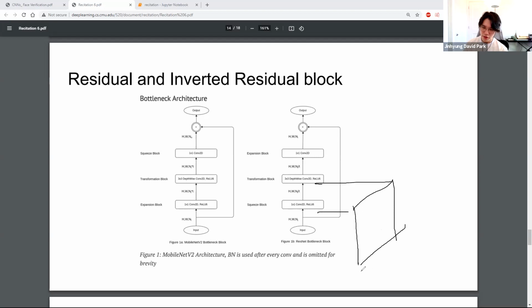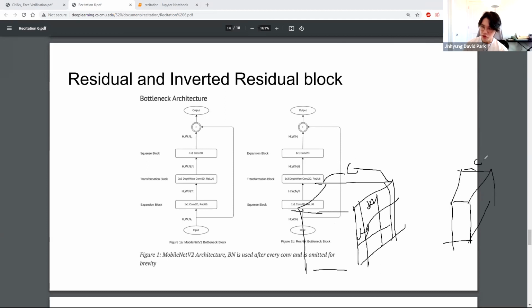So this is your input feature map. This is the number of channels, this is width, and this is height. And your output would be something similar. Let's just look at a squeeze block. This is the number of new channels, and this is the height and width. The 1x1 convolution means that you only look at this single pixel and its channels to get this single pixel. So a 1x1 convolution only means that you look at a single pixel to get the output of a single pixel. And you're free to change the channel dimension in any way you please, because